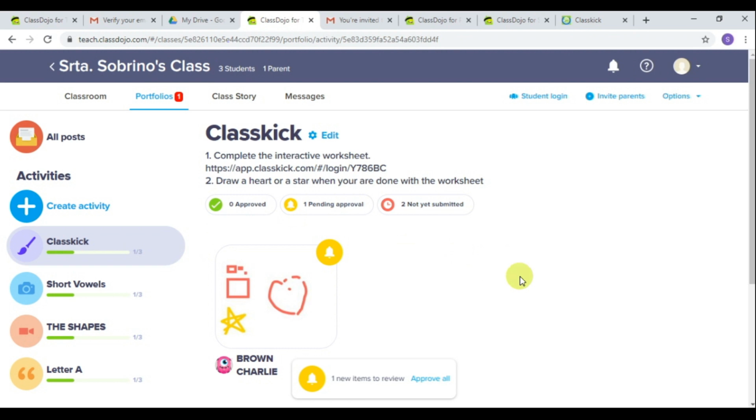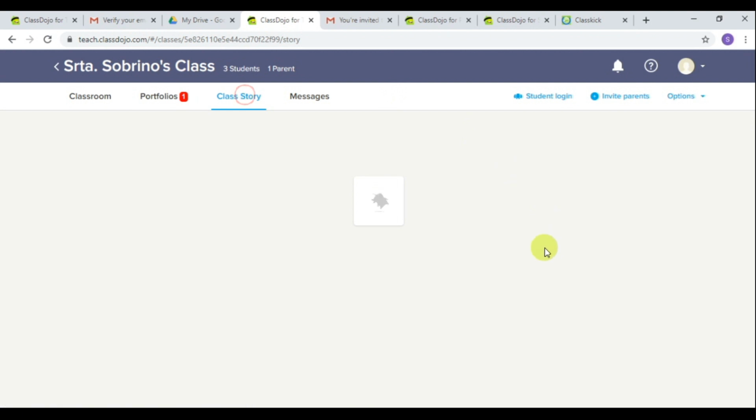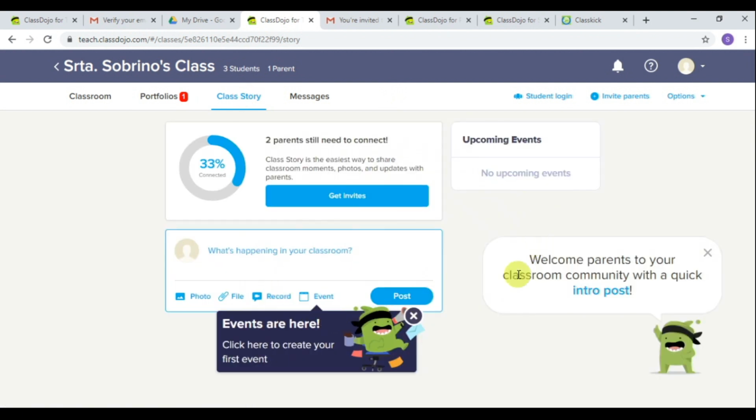grades and marks. Until now, we have seen 4 kinds of activities that we can assign to our students and the different ways they can submit it to us. Now, let's go here where it says class story, and it is like a wall. Like in any other social network, we have here a wall where all the people connected to the app have